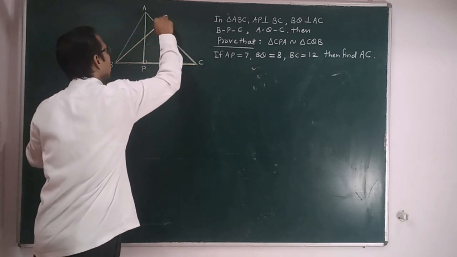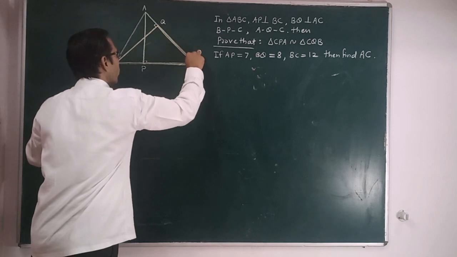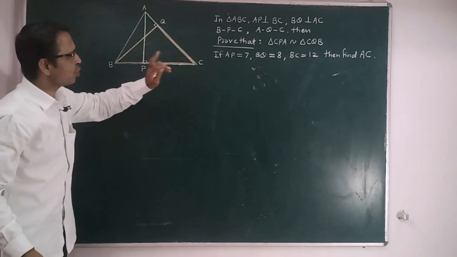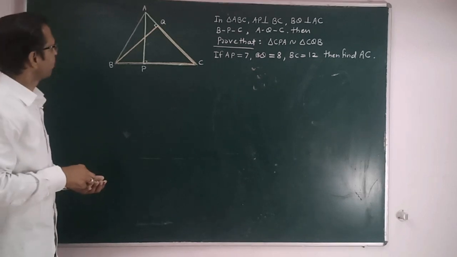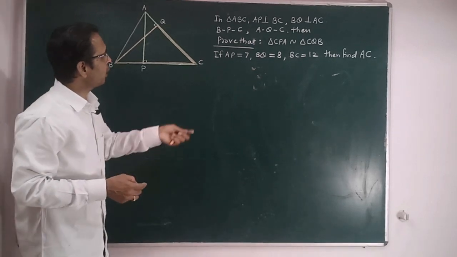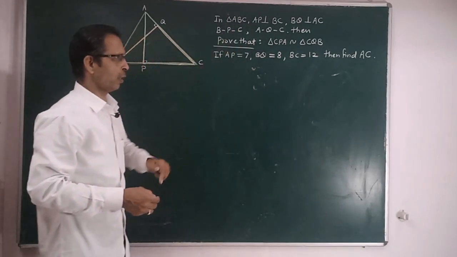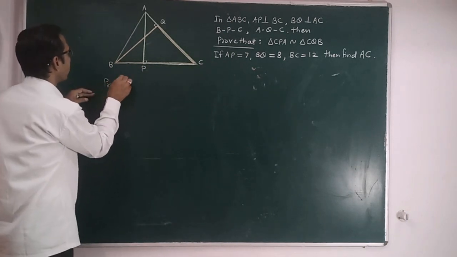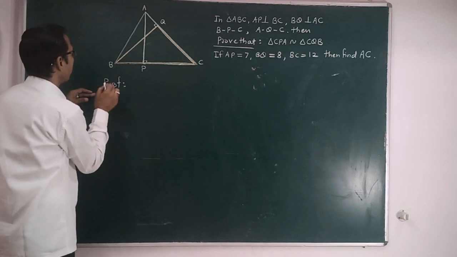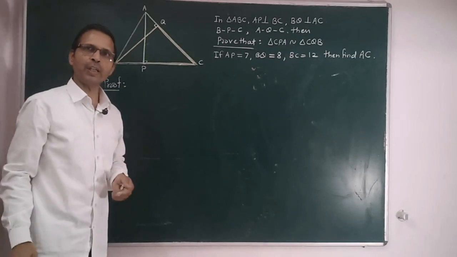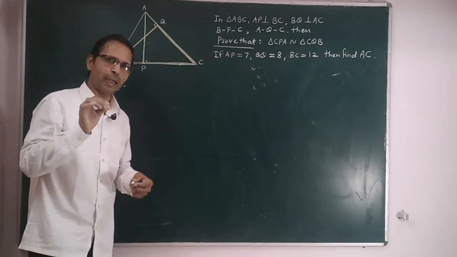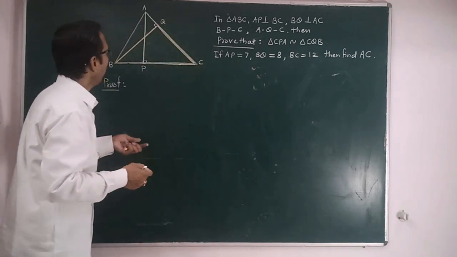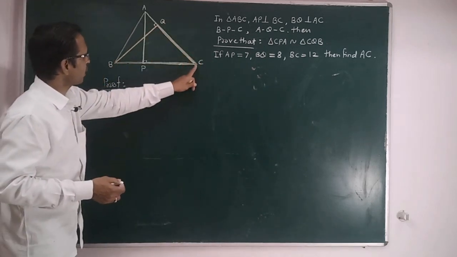This is the other triangle. Now if you observe, angle C is common to both triangles and we are given that the sides are perpendicular. Now take the first, how do we write the proof here? First make the one-to-one correspondence and write the names of the triangles with one-to-one correspondence.